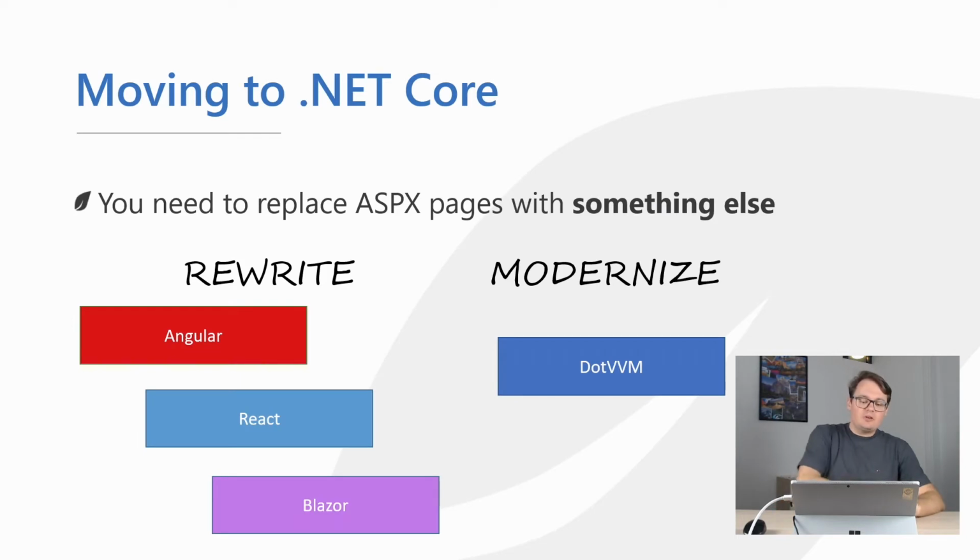And it can be a bunch of technologies. It can be Angular, it could be React, Blazor is very popular these days. And if I would think about a rewrite, I would be looking maybe at Angular, React, or maybe Blazor, because this is the fundamental change. Yeah, all those frameworks are using client-side logic, so most of the application logic can